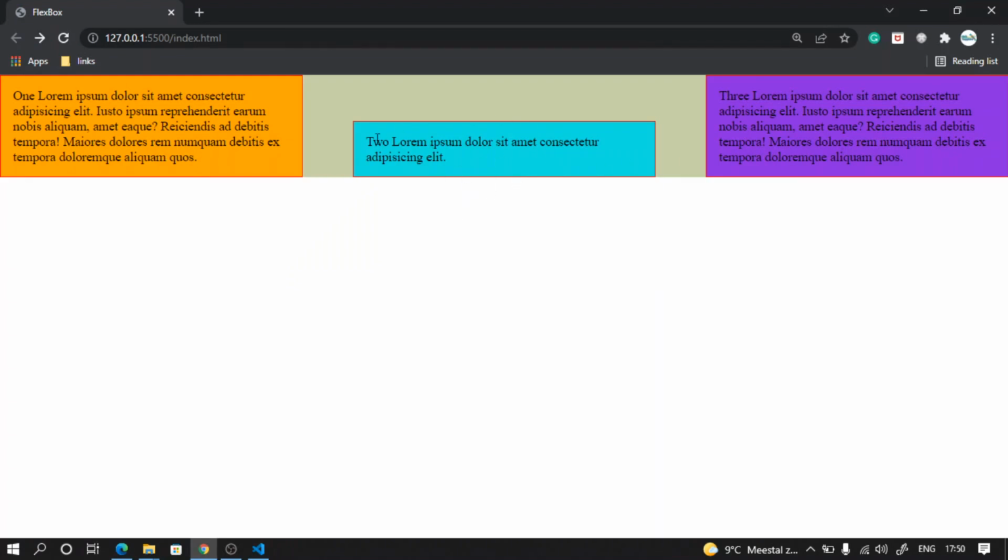You see, it's now at the bottom. So it is actually the flex content aligning vertically with align items. That's the point. Now let's say what I want to do is enforce that if you are